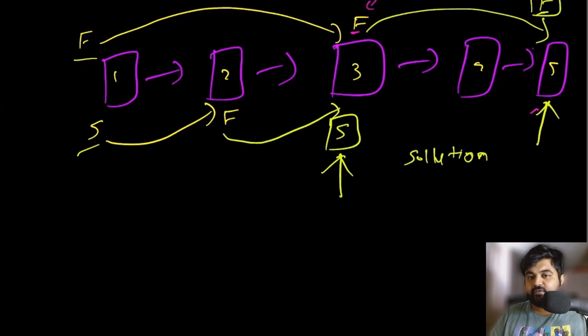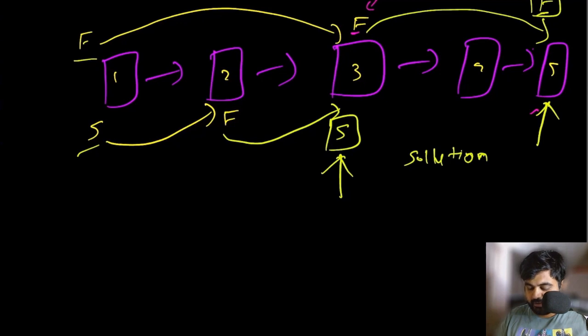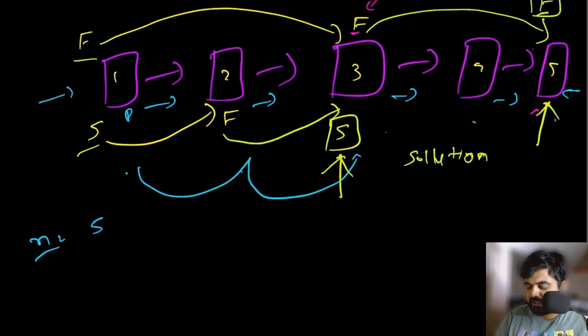Try to imagine if you wanted to solve it the other way, the conventional way. What would be the approach you would take? You would have a counter called n, where you mark the number of nodes the linked list currently has. Then you have a pointer, and you move that pointer all the way towards the end. The moment you reach the end, you would have your value n that says there are 5 elements in the linked list. Then you again start from the beginning, reach element number 3, and return that this 3 is the middle of the linked list. So this is the conventional solution.